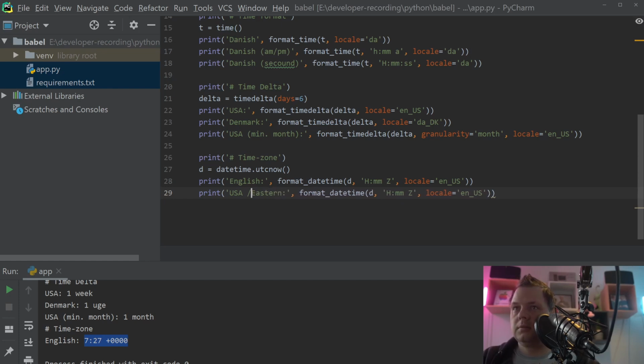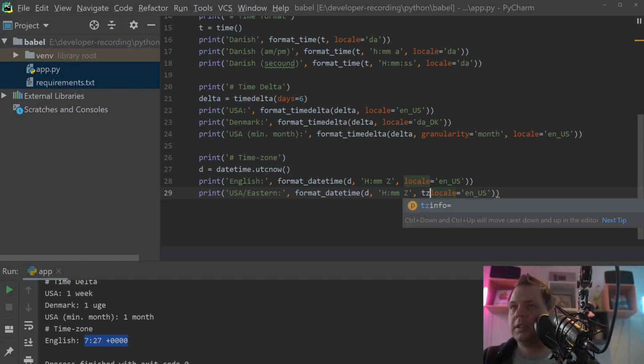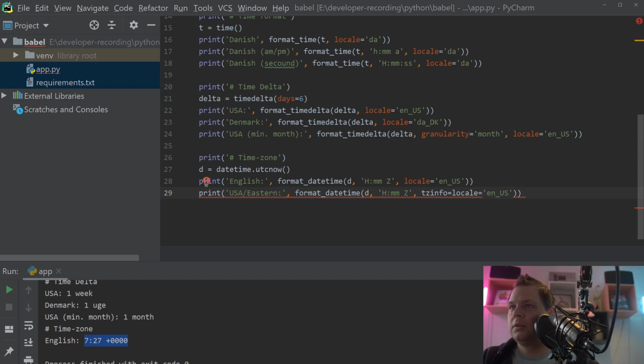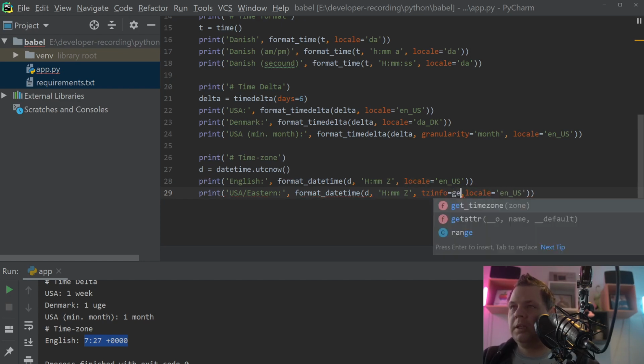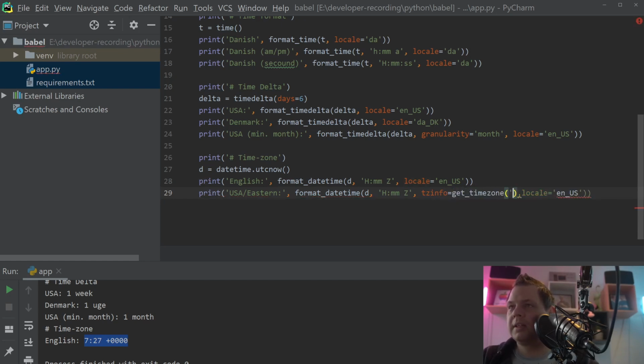Eastern, and then you go down to say GZ info. It's standing for time zone information, and then we need to get time zone. When we have to get time zone from Babel, it's pretty easy, because then it's creating the time zone object we need to work with. In this case, I want US Eastern,